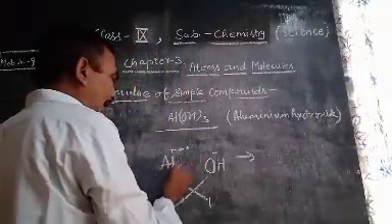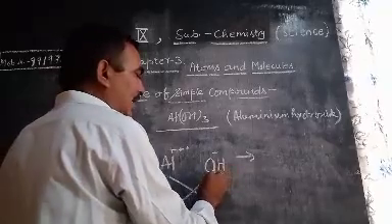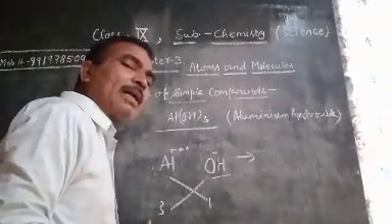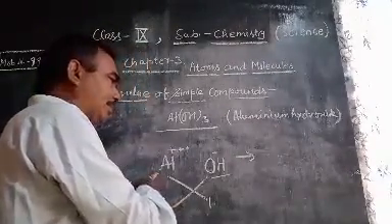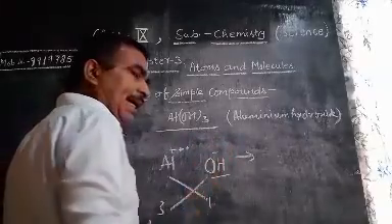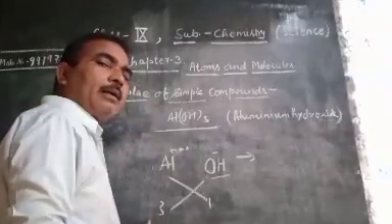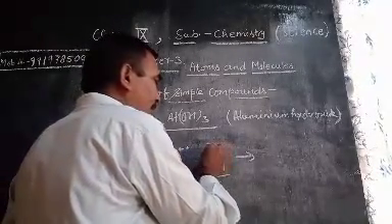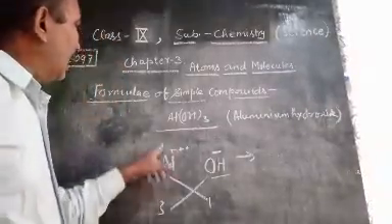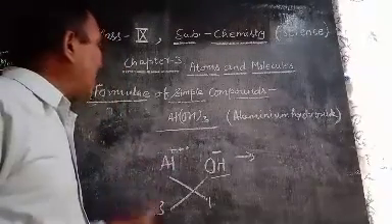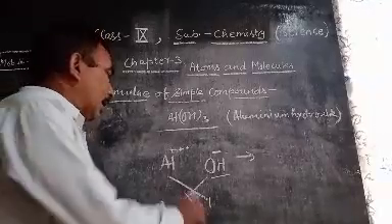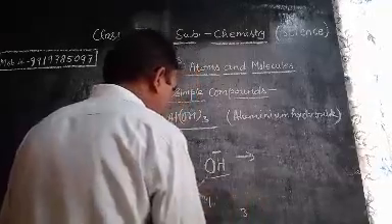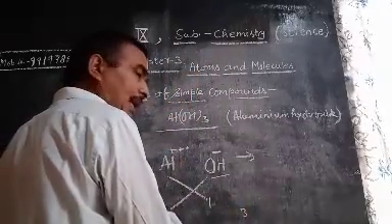Valency of aluminium ion is 3 and hydroxyl ion is 1. It is called the hydroxyl ion, HYDROXYL. And it is the aluminium ion. Now you have taken the LCM of 3 and 1. Al has 3 valency and OH has 1 valency. What will be the formula? The LCM will be 3, and 3 is divided by 3,